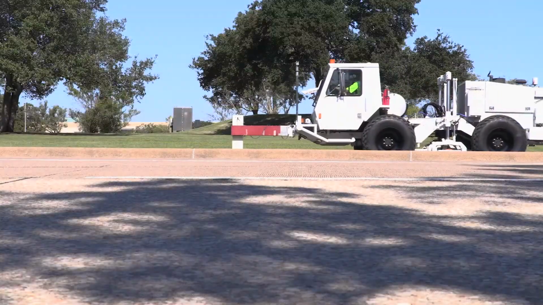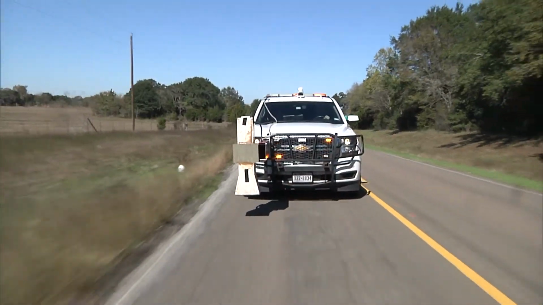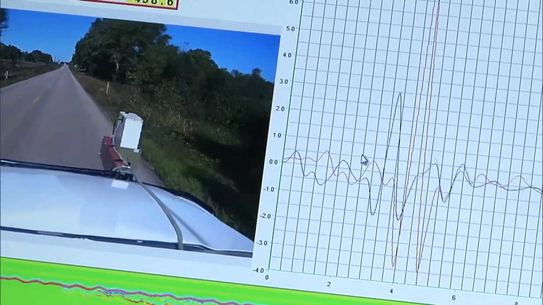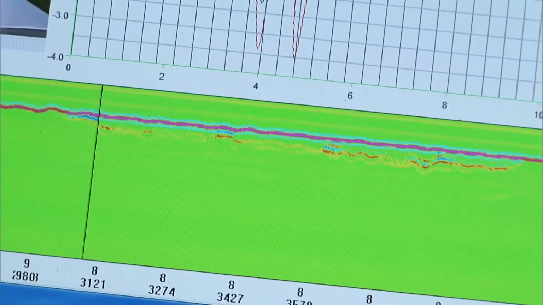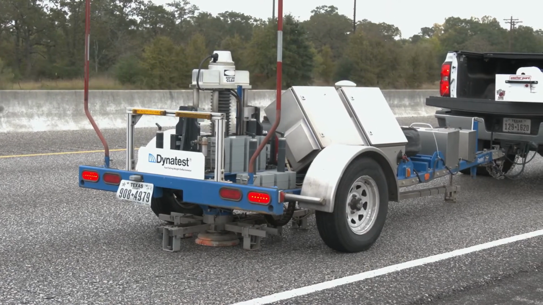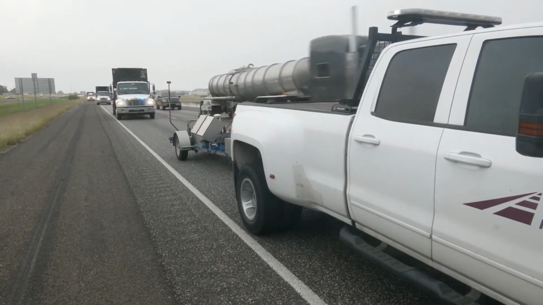options. There's some different tools that we have that look at different aspects of the design. So we have our ground penetrating radar, and we also collect a high definition video, so we have a video of the entire project and we can look for distresses or problem areas on a quick scan. We have structural evaluation tools like the falling weight deflectometer. We can go in and do an actual structural evaluation of the pavement layers with that device. The idea is to identify what the existing structure, where it's at, and then determine the best strategy to move forward with a reconstruction, or in this case for State Highway 6, we were looking at widening State Highway 6